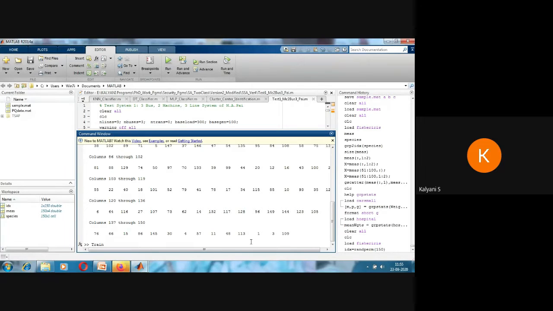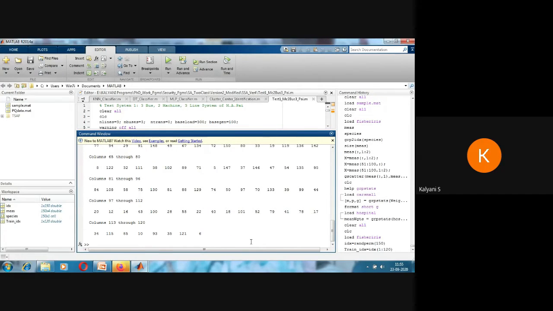Now I am going to take the train data. First, let me split the train index and test index. So what is the train index? idx of 1 to 120. That's all. So what will happen? The first 120 indexes will be in training.